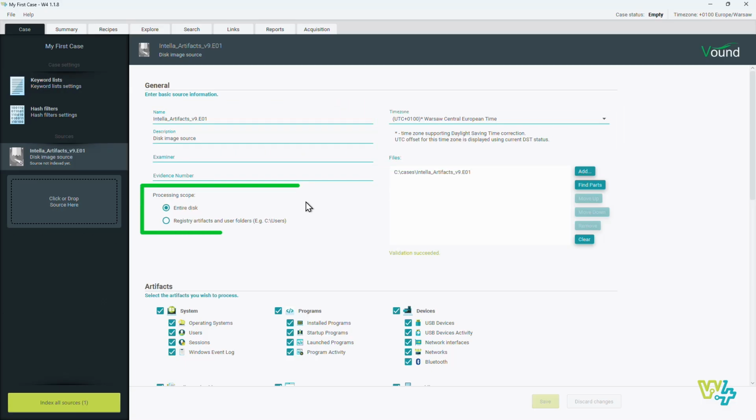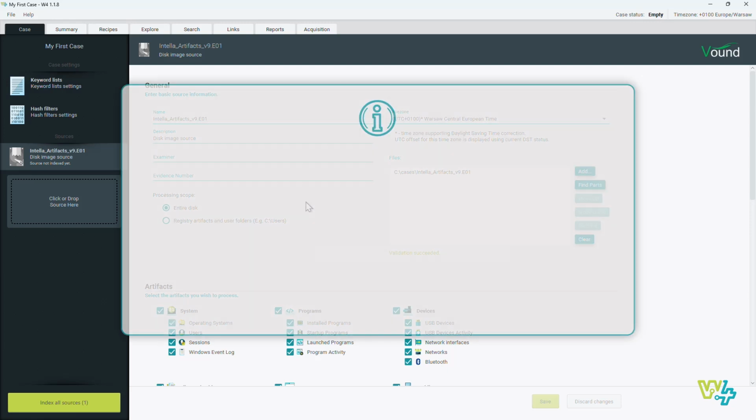The processing scope defines the scope of data that W4 will process. This option is only available for disk images and local disk sources. By default, W4 will index the entire disk. But when this option is set to Registry Artifacts and User Folders, W4 will index the following items only: registry